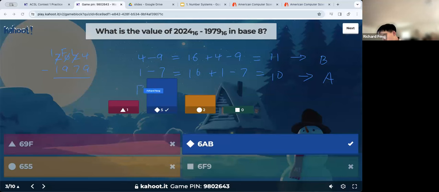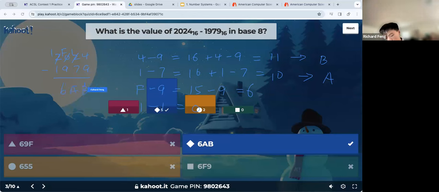So when we do F minus 9, remember F is the same thing as 15. So this is 15 minus 9, which is 6. And lastly, 1 minus 1 is 0. And that's just a placeholder digit. So the answer is